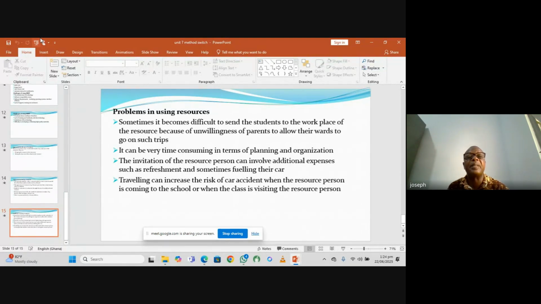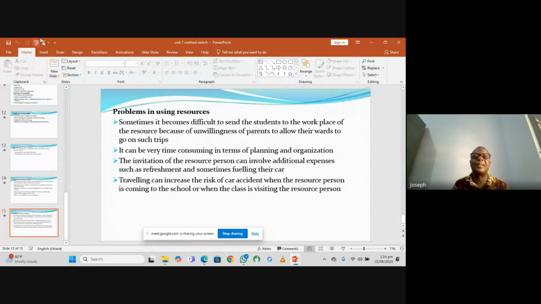Problems. Sometimes it becomes difficult to send the student to the workplace of the resource because of unwillingness of parents to allow their children to travel, especially far distances. It can be very time consuming in terms of planning and organization of these trips. The invitation of a resource person can involve additional expenses for the teacher because at least you buy him or her